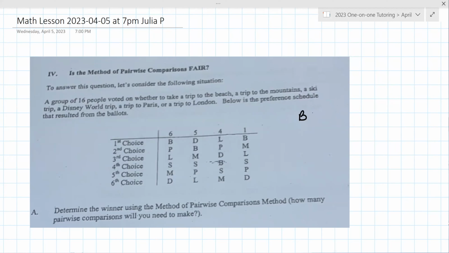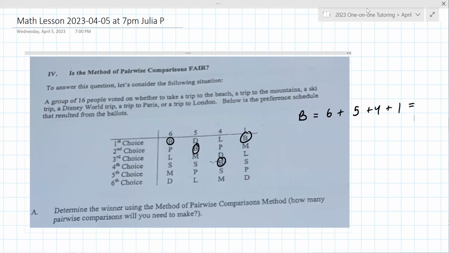And B is, you can see right here, there's 6 plus 5. Sorry, I've circled that. Plus 4 plus 1. So B is, well, that's not right. Okay, well, maybe it is. So that is